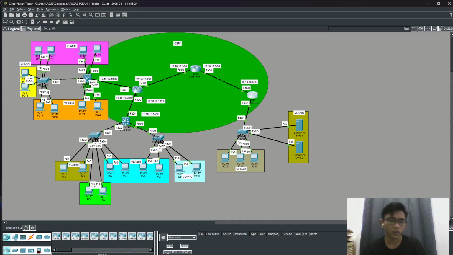So if you want to check, ping from here to the server is successful. But if you ping from VLAN 10 to the server, it will fail. From the other two, success. But from VLAN 60, it fails, and from the other PCs it's success too.